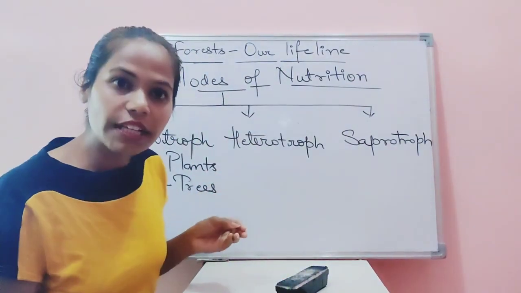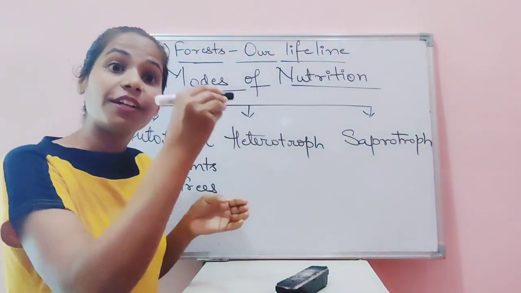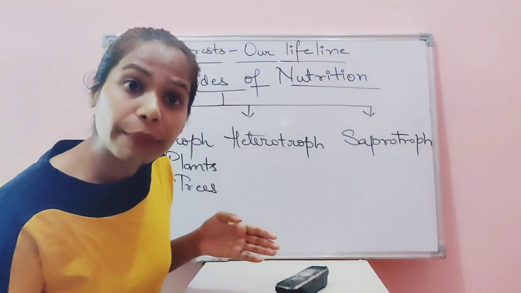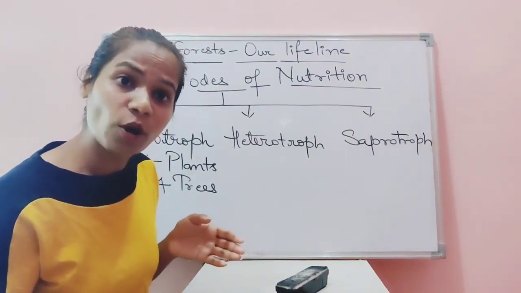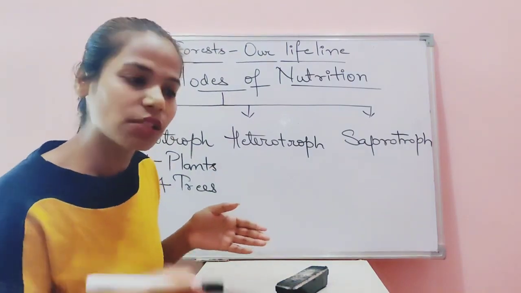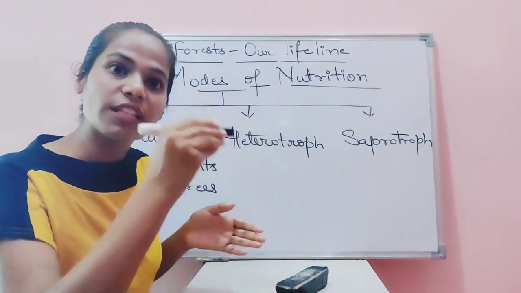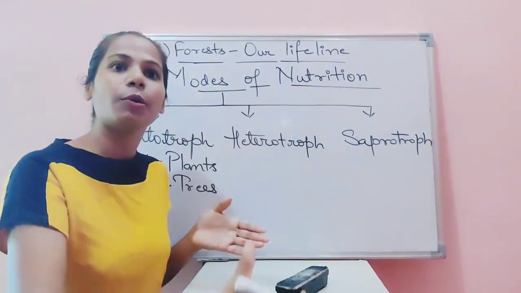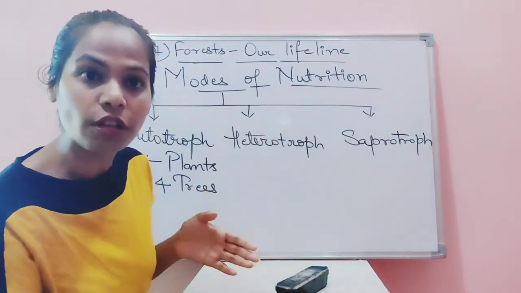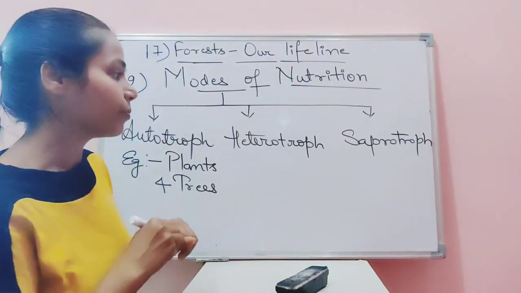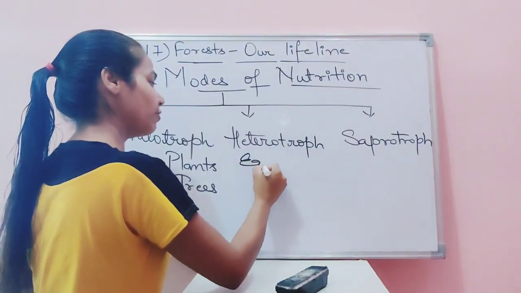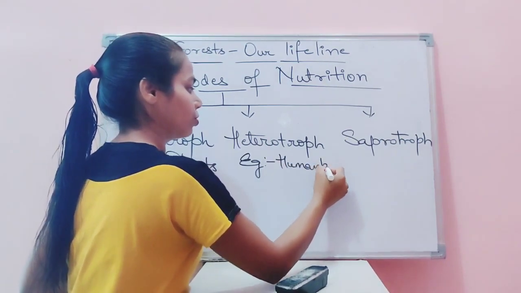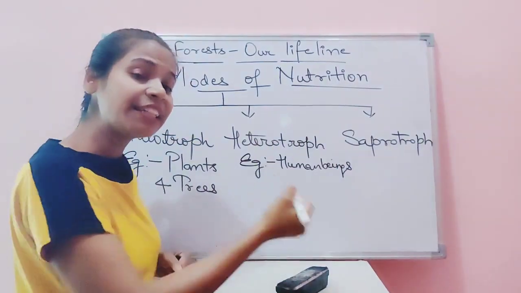If I give one example, let's take deer, which is dependent upon plants for its food and survival. If we take the example of human beings, then human beings are also dependent upon plants as well as animals. You will see vegetarian as well as non-vegetarian people. So they are dependent upon whom? They are dependent upon plants and animals for their food and survival. Are you getting it? So here we will give the example of human beings and different animals.